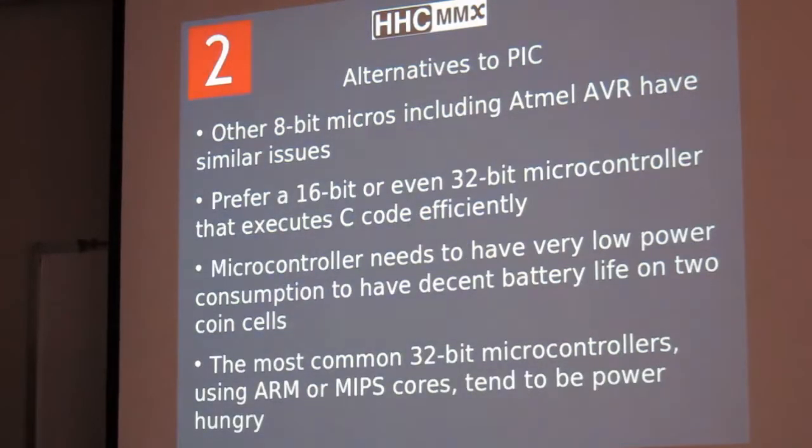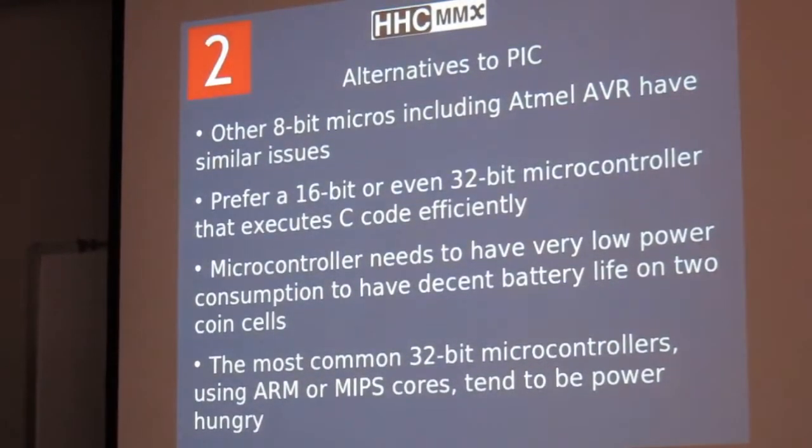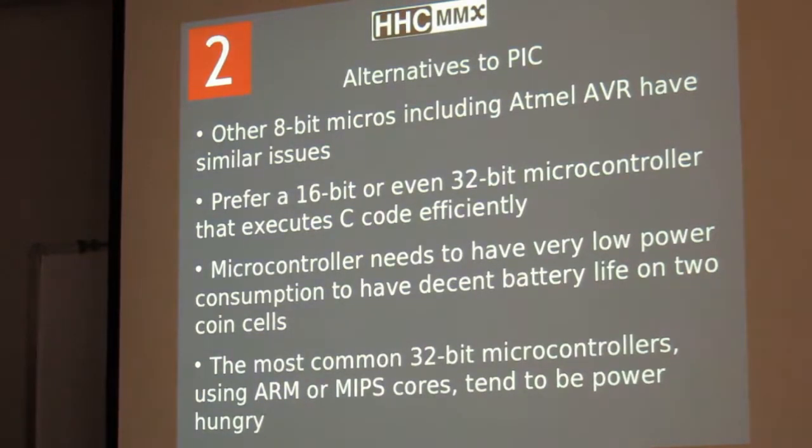So what we really want to do is use some other alternative. There are other 8-bit micros, but they have similar issues to the PIC. We'd really rather have a 16 or 32-bit microprocessor, execute C code efficiently. But the processor needs to be very low powered. Until last few years, really most of the 16 and 32-bit microcontrollers drew more power than an 8-bitter,